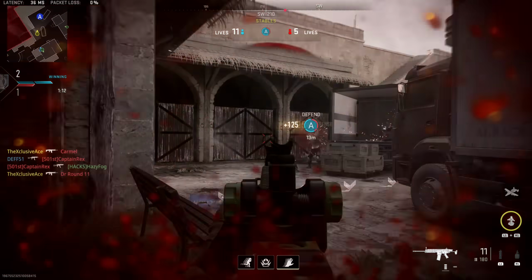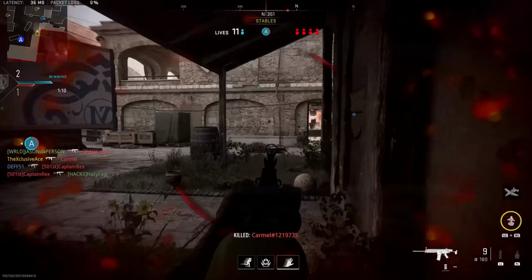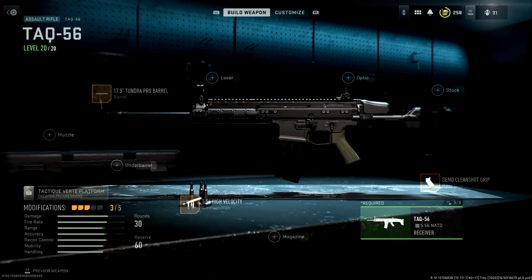And when it comes to this, there are 3 must-have attachments on the TAQ-56 for ranked play. These are the 17.5-inch Tundra Pro barrel, the 5.56 high-velocity ammo, and the demo clean shot grip. These are going to be on every single one of my TAQ-56 loadouts. And from there, we're just going to be playing around with the stock attachment as well as the muzzle or